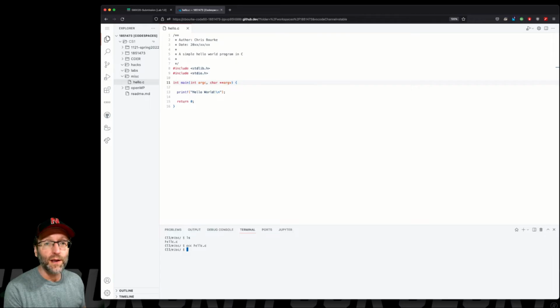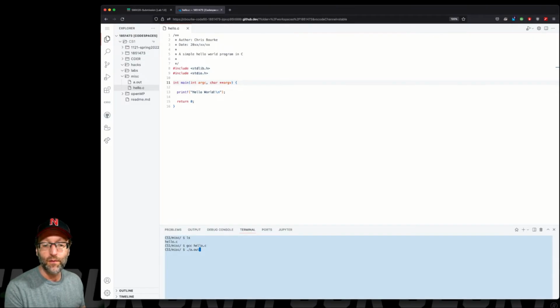If there were no syntax errors in your program, again, it should not report any problems. If there were syntax errors, then it would report the errors or warnings. But no news in Unix is good news. Everything worked. In fact, if we go up here to our File Explorer and refresh, we'll see this brand new file called a.out. That's our executable file that we can actually run now and see Hello World being printed to the screen. To run it, go to the terminal and type